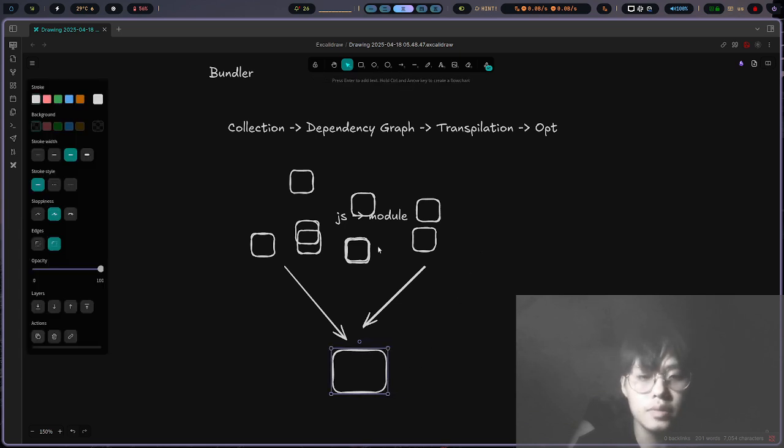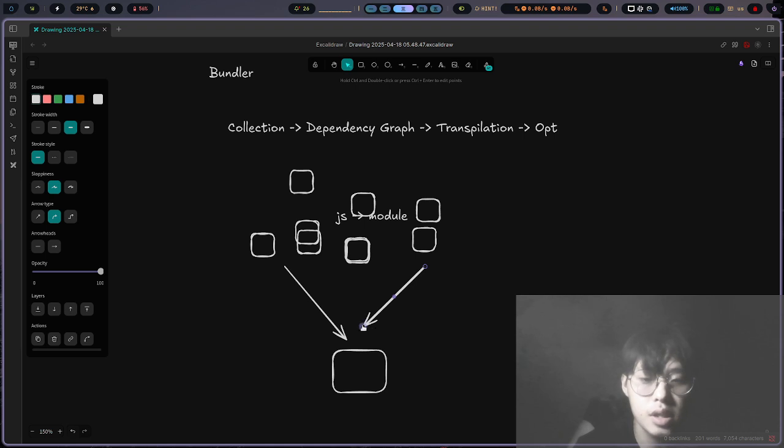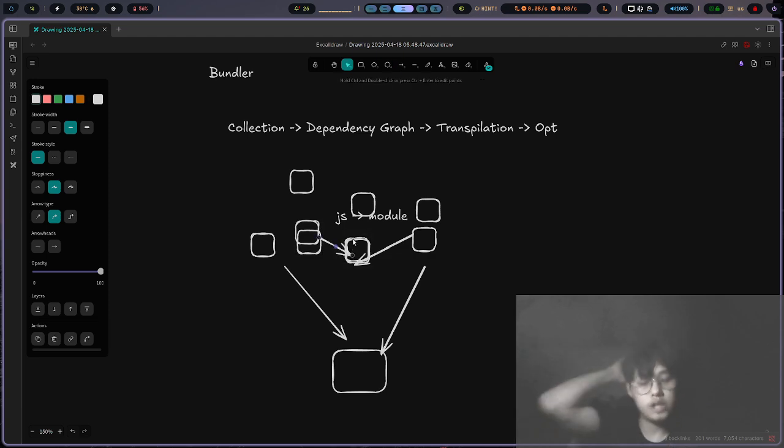After collection, it has to build a dependency graph, because the module relationships have to be built with the dependencies. If there are no dependencies, no relationships, it's very hard to debug, and there should be some kind of